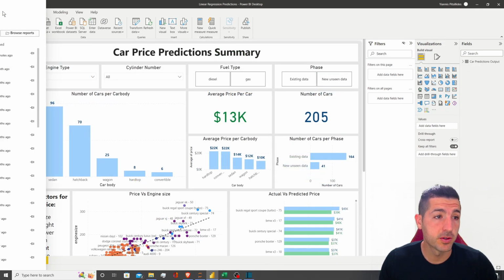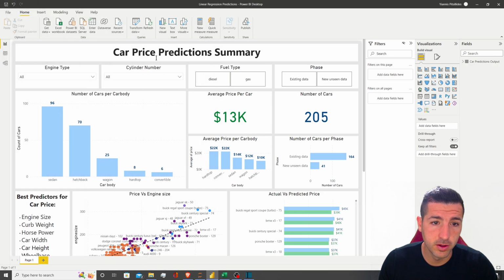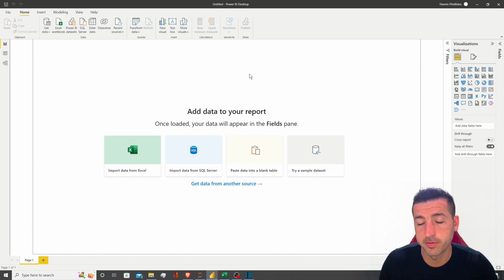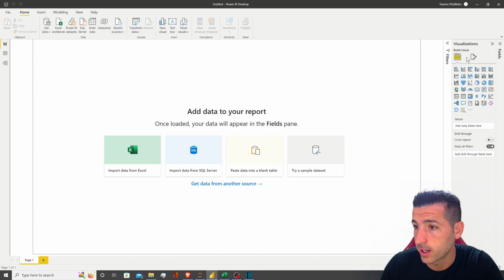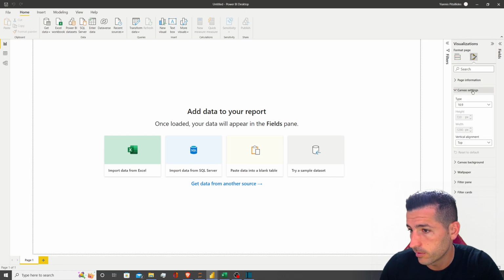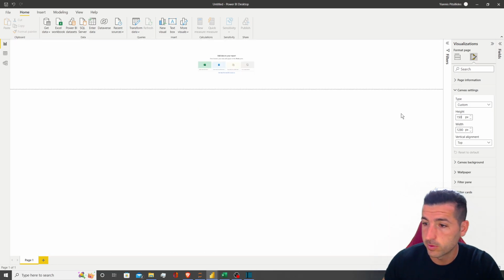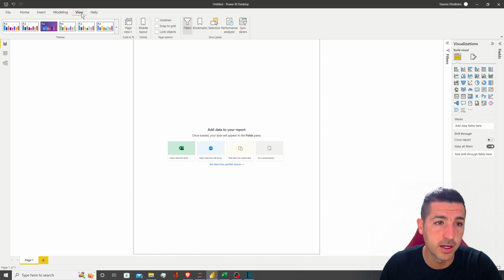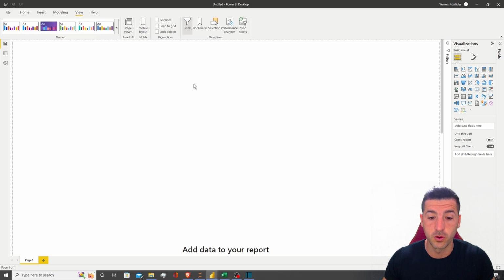Right, so the first thing we're going to do is open a new blank Power BI file. Then we click over here. The first thing I want to do is to increase the size of my canvas. So we can click over here where it says format your report. Then here, canvas settings, we want to change these to custom, and we want to increase the height so we have more space. So I'm going to put this to 1500 for now. Then I'm going to go here under view, page view, and fit to width so I can see all the